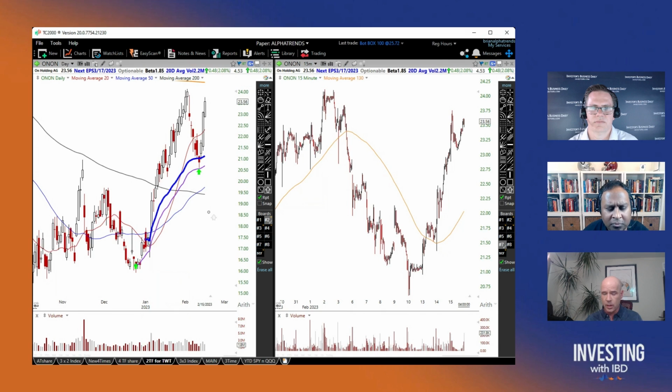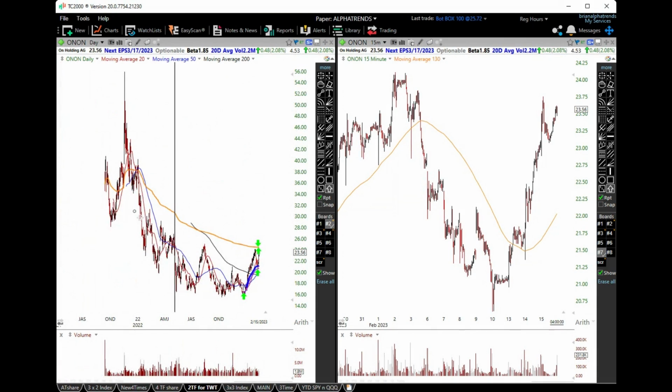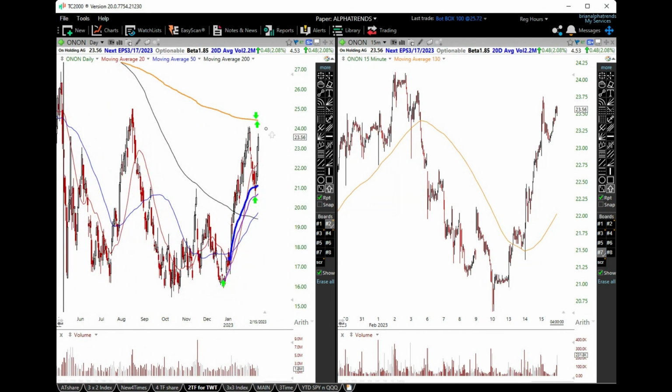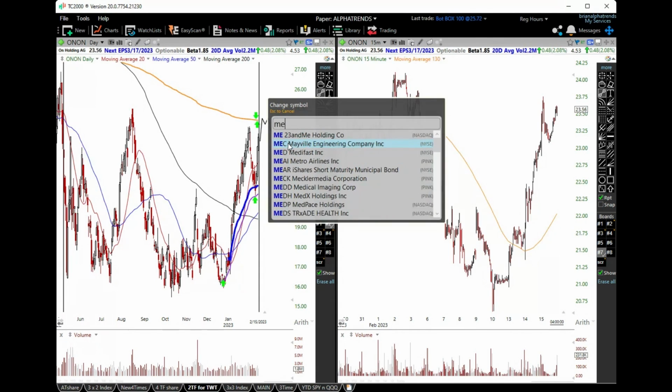So for instance, what I'm looking for, if we look at this and we back it up, you can see this orange line up there. That's the volume weighted average price from the IPO. When I look at that, it tells me it's likely to go up to that level. And I don't think it has to halt there, but it's a level of interest where it's going to maybe do something like this, pull back and give me another entry over here,